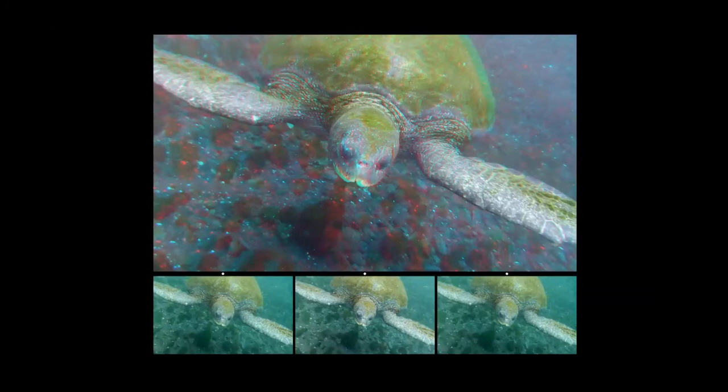and this is a green turtle. We found one little bay where there were quite a lot of green turtles. Most unusual. Normally turtles just swim away as soon as they see you. The water was quite dark here because the sand on the bottom was virtually black in places. So it gave a very dark and murky